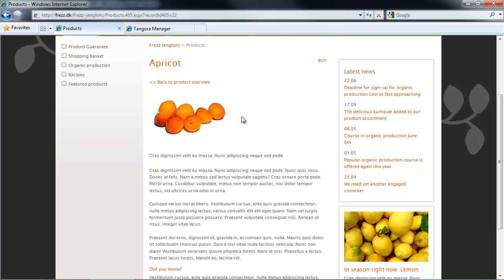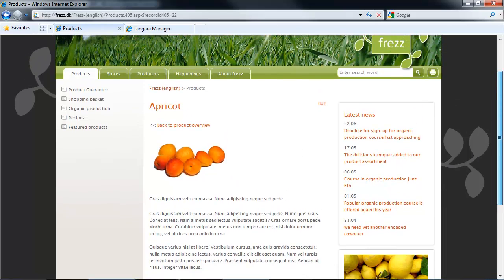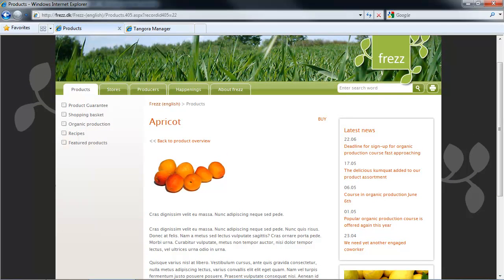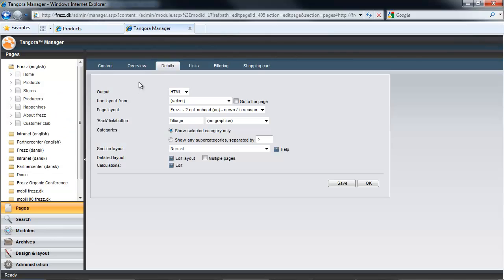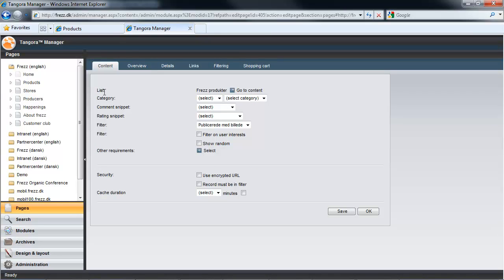But let's say that I want to show a series of images as a gallery. To do this, I could utilize Tangora's new multi-image field together with an image rotator, and then I'll display the results in a lightbox. First, I want to show you my multi-image field, which is in my central database, in this case our products database. This is where I go to maintain my products, so if I want to change, add, or delete items, this is where I need to go to do it.